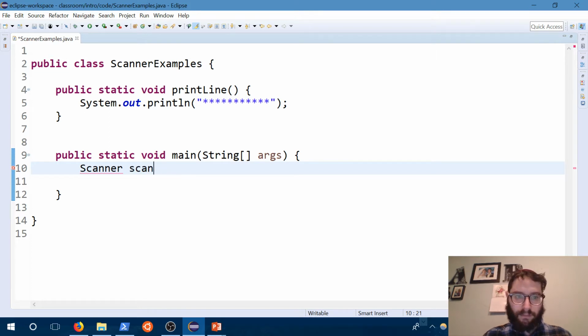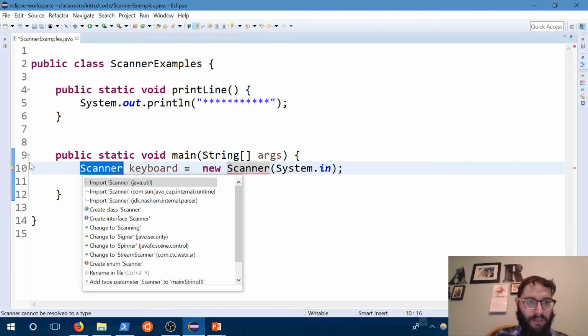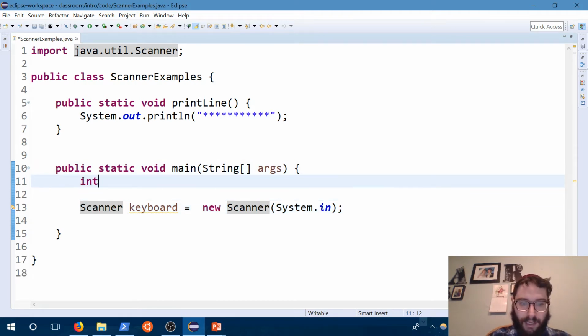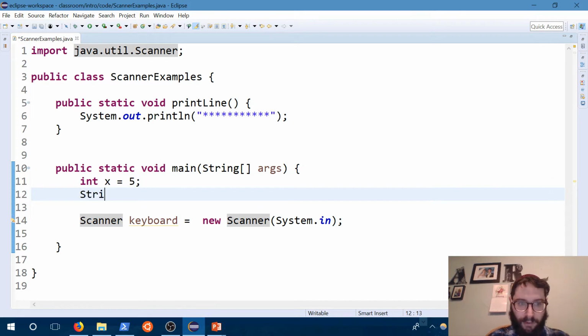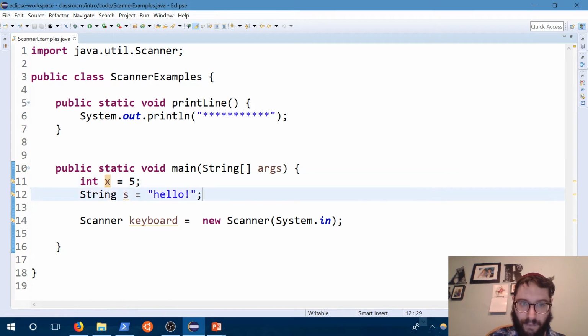So Scanner, I'll call mine keyboard, is equal to a new Scanner(System.in). And we can get a better intuitive understanding now of what's going on with this line. Some of the stuff is still foreign to us, but we know that this is a type, just like how I would say int x is equal to 5 or String s is equal to hello, just like I've got 5 stored in x and hello stored in s. Although, I've got to mention here,